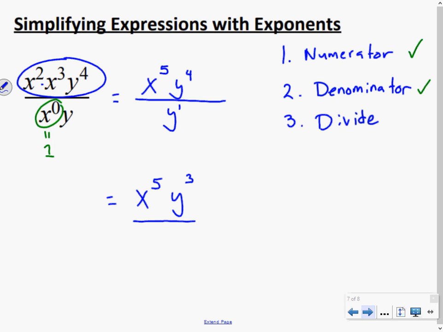Now, this is still over 1 if you want to think of it as still being a fraction, but really, if we just have a 1 in the denominator, we don't need to write it. This is really just going to be x to the 5th times y cubed. And that takes us to our third and final step. We're done. There's nothing else we can do to simplify this. There are no other exponent rules that we can utilize. So this is your complete